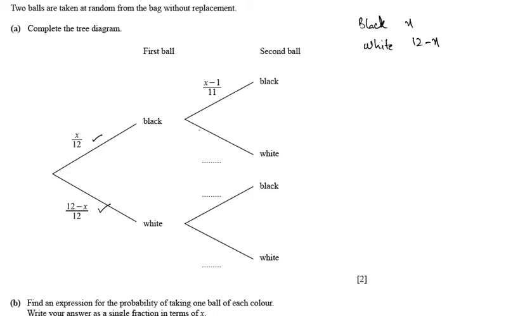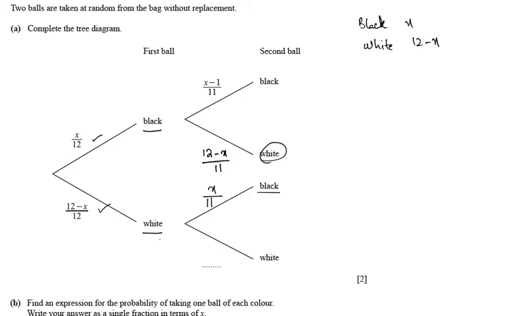So that's why here they have reduced the numerator, so it's X minus 1, and the denominator also, so here we have 11. Now if the first ball is black and we are selecting the second ball and it is white, up till now we have not taken any white ball, so in the numerator we will take the total white balls, so it's 12 minus X, but we will reduce the denominator, so when we reduce 1 from the denominator, it is 11. Now if the first ball is white, up till now we have not taken any black ball, so all X black balls are in the bag, so the probability of the second ball being black will be X upon 11.